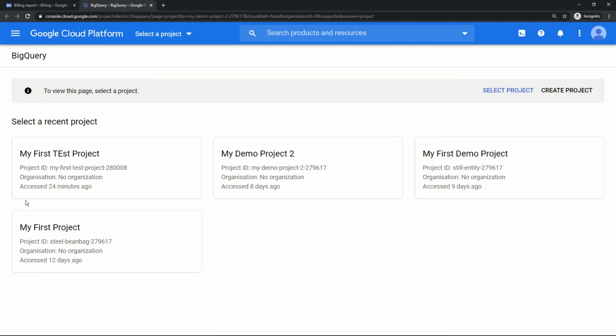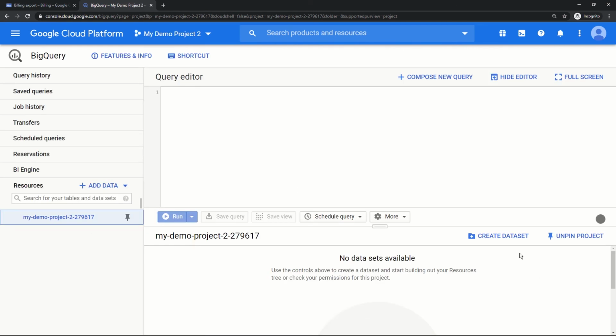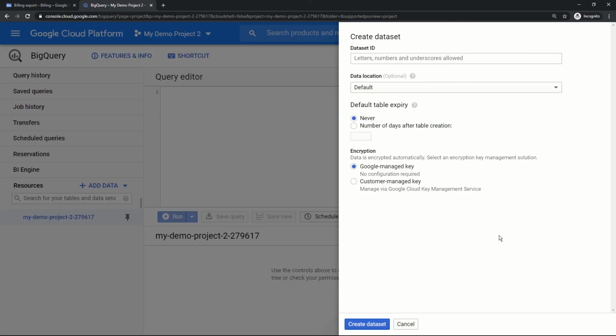Now BigQuery gives you an option to create a separate project for BigQuery data, or you can use the existing one. So we will use the existing one, my demo project 2. Once you are here, you need to click on create dataset. So dataset ID: department cost, and create dataset.